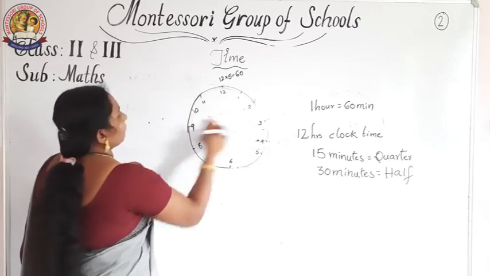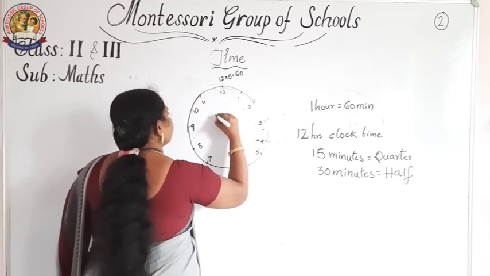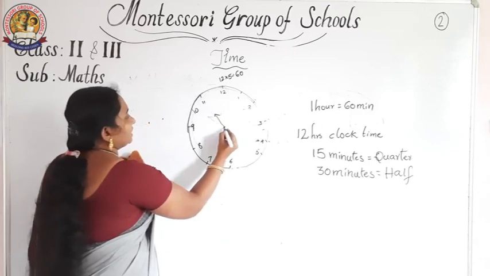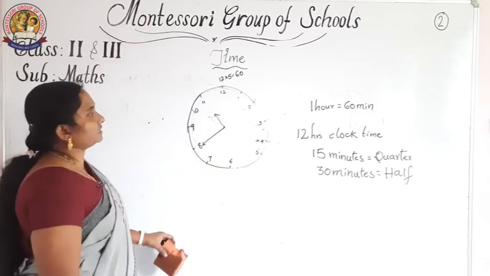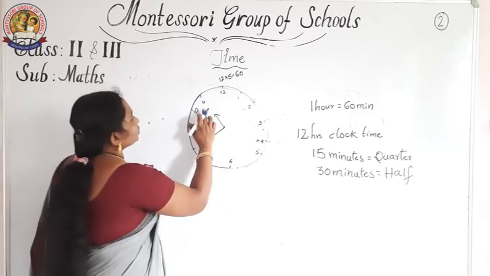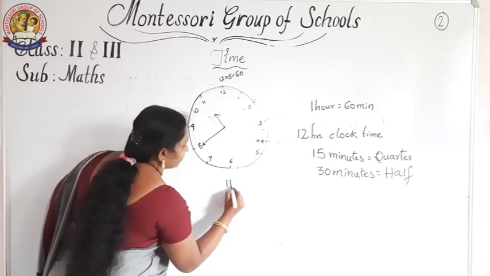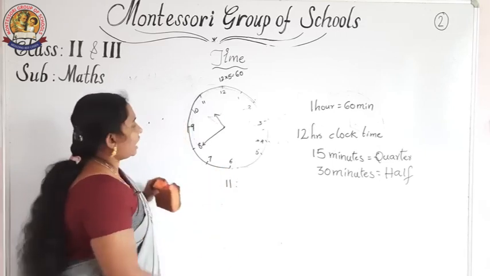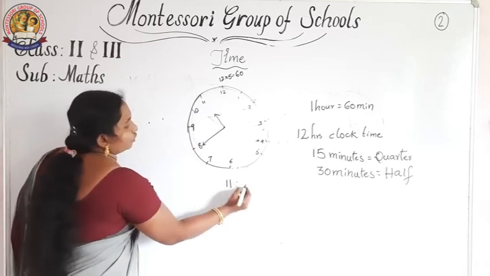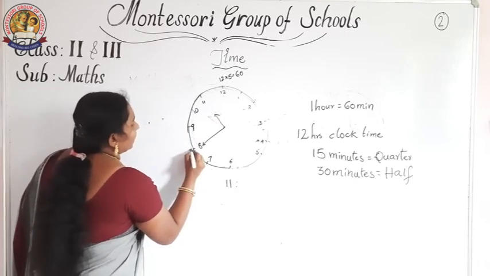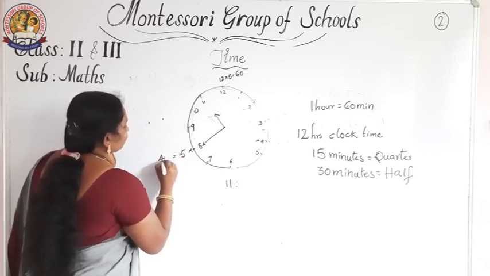For example, now the hour hand shows 11. The minute hand shows 8. Now, what is the time now? Here our hand shows 11. So our hand which number shows? 11. So you write first 11 as it is. And minute hand which number shows? Here 8. So 8, we don't write 8 exactly. What we can do? 8 into 5. 8 5s are 40.